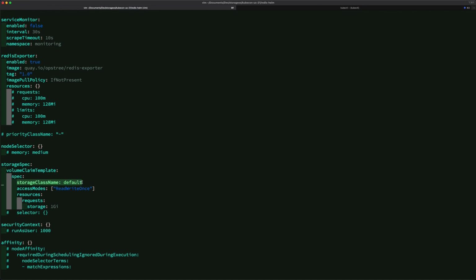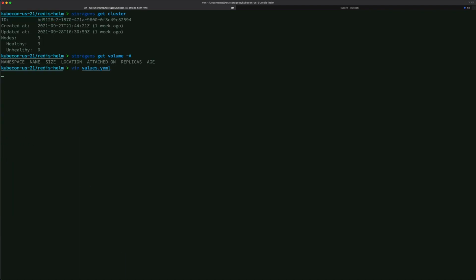So the Redis cluster is going to be composed of multiple pods. We're going to see that there will be one set of leaders and one set of workers or followers. In that particular chart, they are all going to use the same storage class, which in that case is default. But remember, we want to be using the fast storage class.